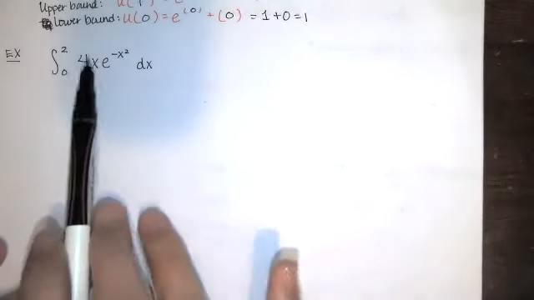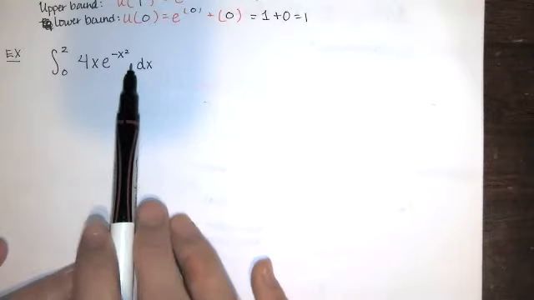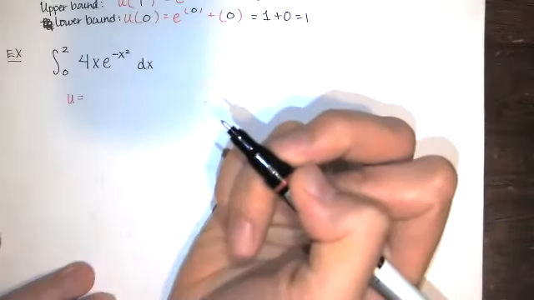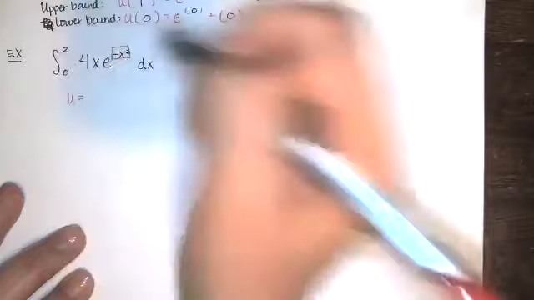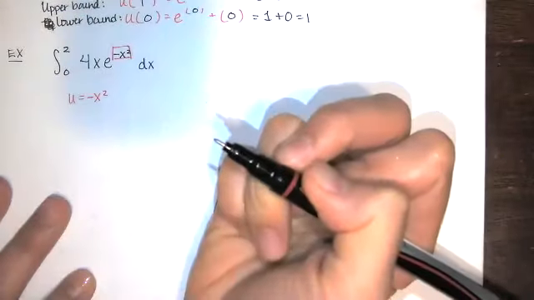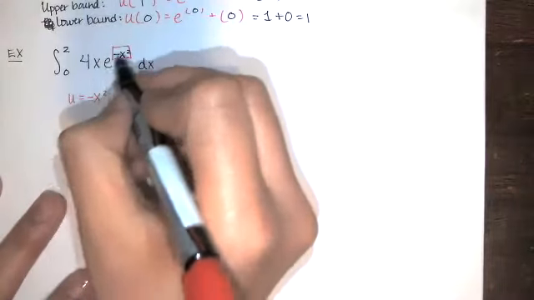First of all, ask yourself, do I have a rule for that? It's a product, so I don't. So then I need to identify an inside function. I say, what's nested inside another function? Well, that negative x squared is. So that may be my u. I'm never really sure until I take du. So I identify u,